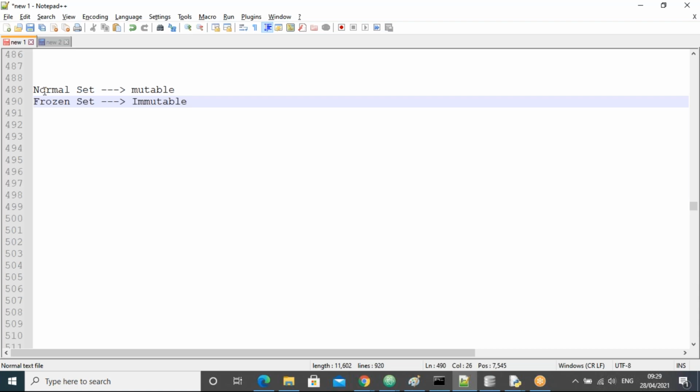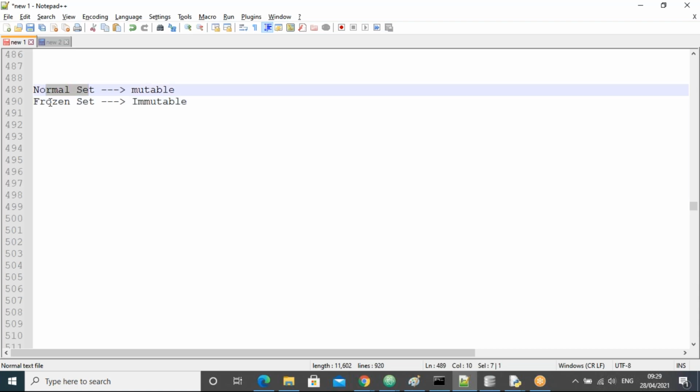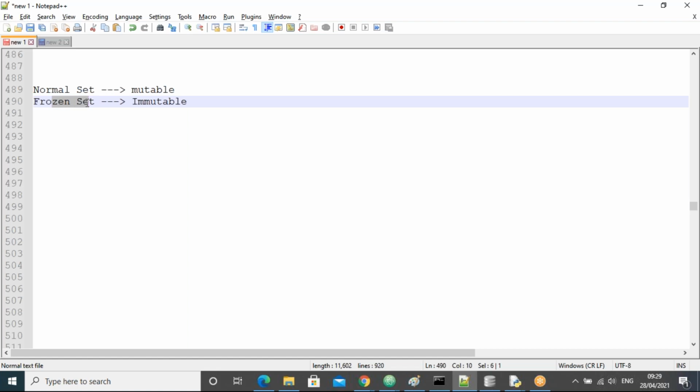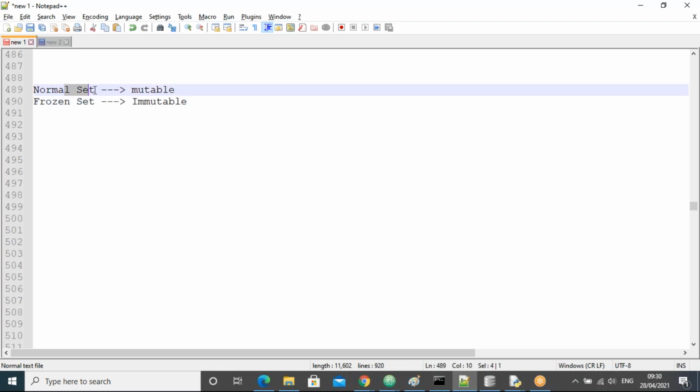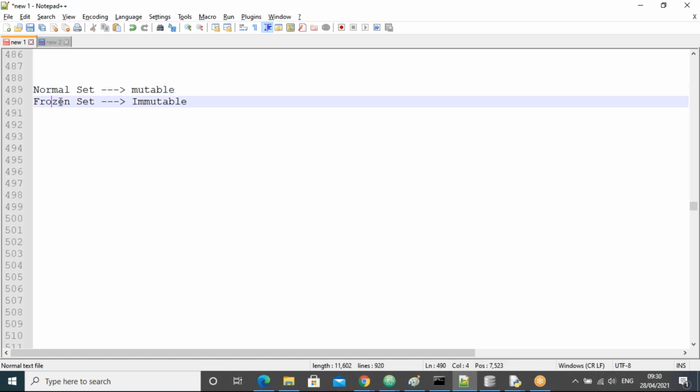In the normal set, whatever we do, almost everything is possible in the frozenset. The difference is that it is mutable, it is immutable. And how to create the set? We use either curly braces or the set function. And how to create the frozenset? By using the frozenset function only.